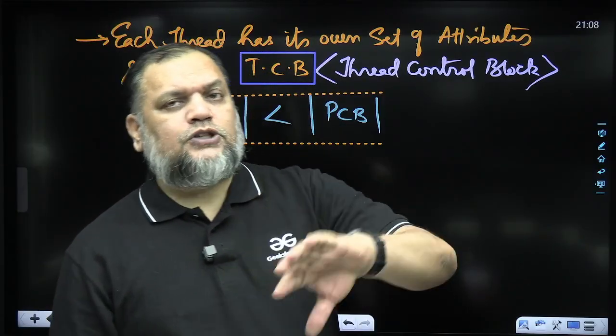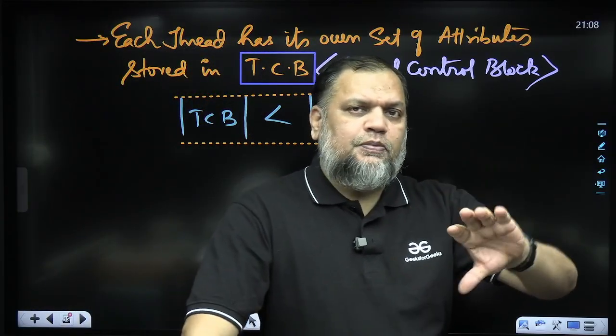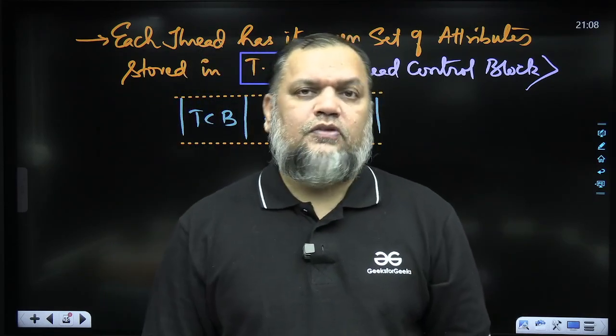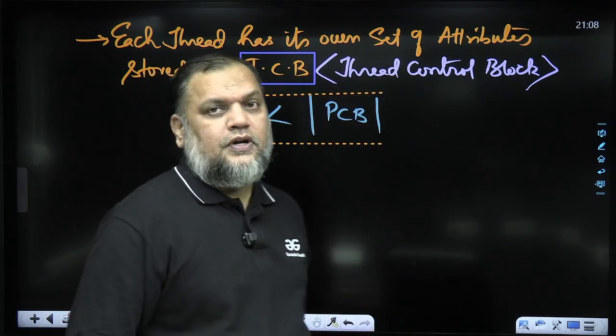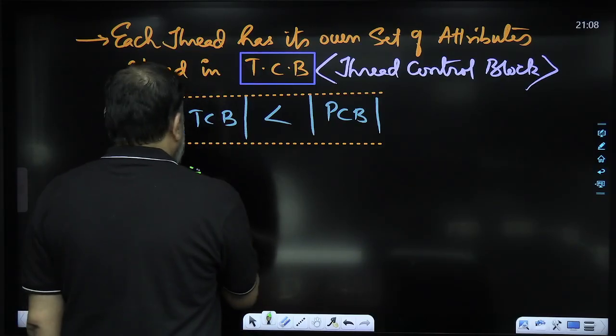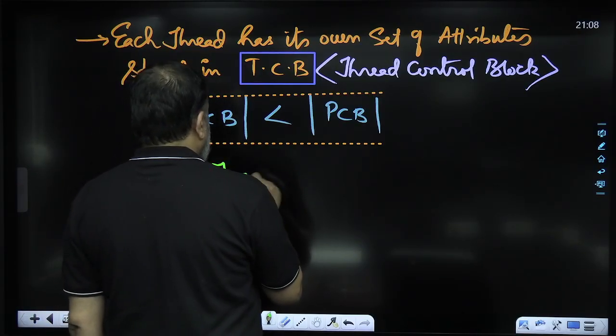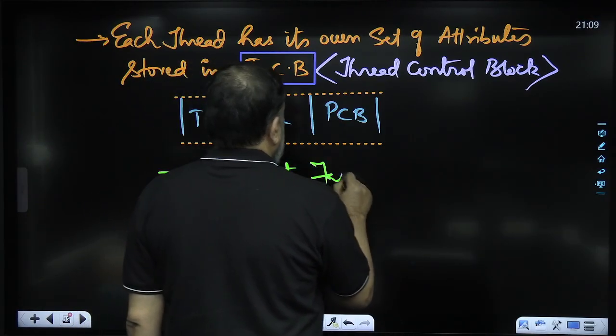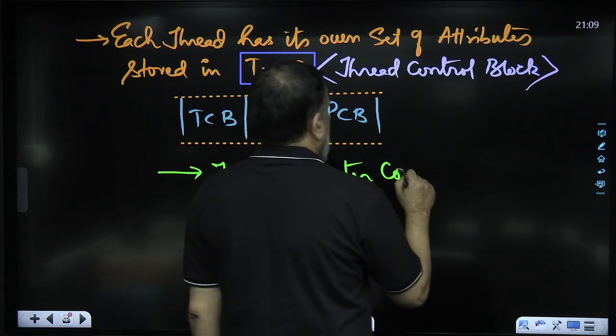When I switch from one process to another, I will have to save the PCB and load the PCB. If the volume of information is more, it will take more time. If it is less, it will take less time. Because of this, it will facilitate faster context switching